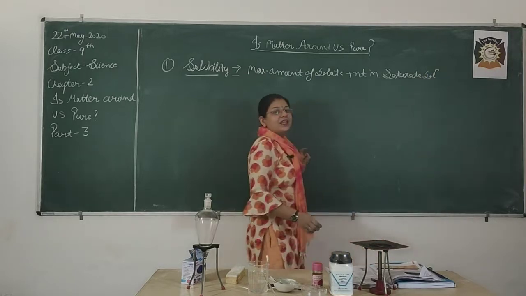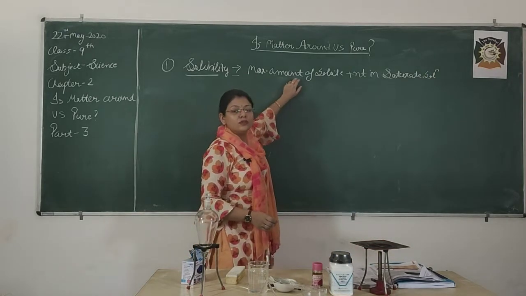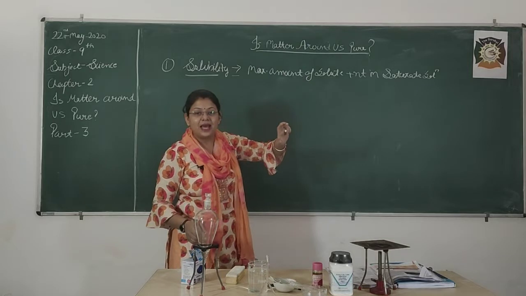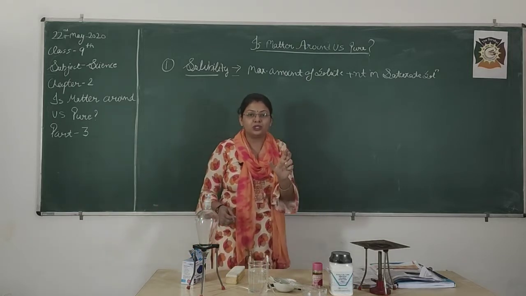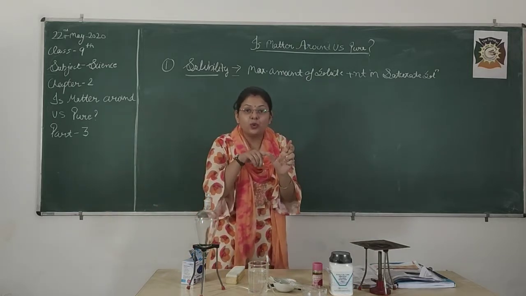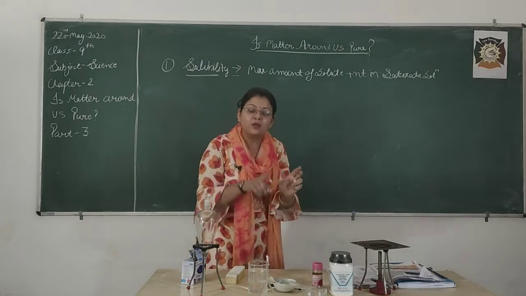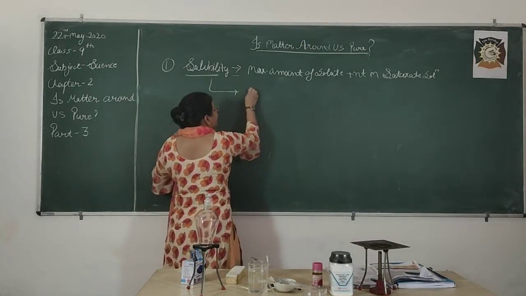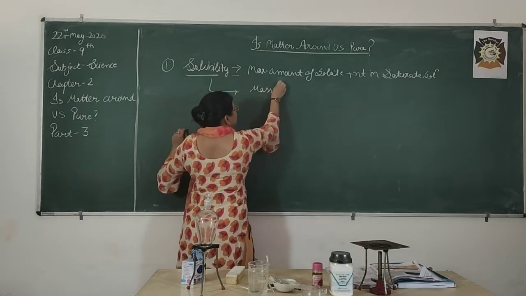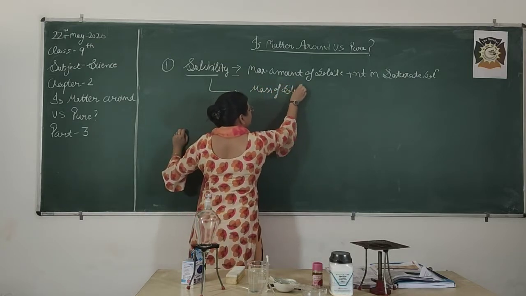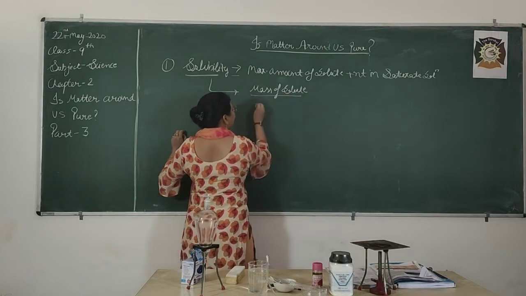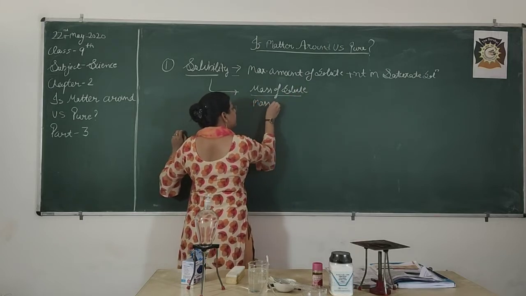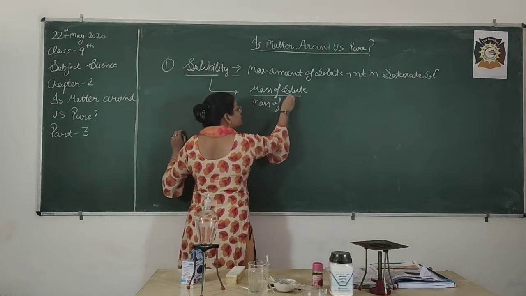So solubility stands for the maximum amount of solute that is present in that particular saturated solution. That means the 10 spoons of solute that are present in the water are the solubility of that water. So the formula is mass of solute we added divided by, important thing here, mass of